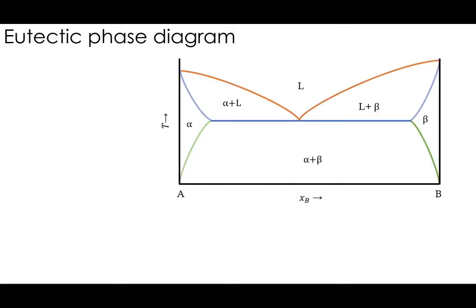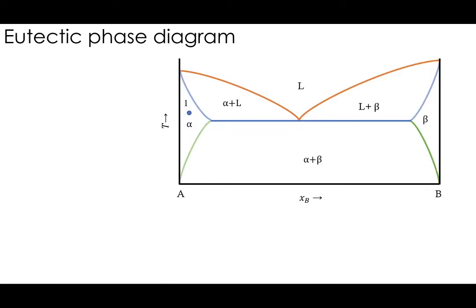Let's consider a eutectic phase diagram. We have this temperature versus composition diagram where single phases like alpha, liquid and beta are there, and there are different two-phase domains. There is also a eutectic reaction, the horizontal line in the middle. So this is the binary system AB. In this system, we will consider different points and apply Gibbs phase rule to that. We'll start with this point number 1.